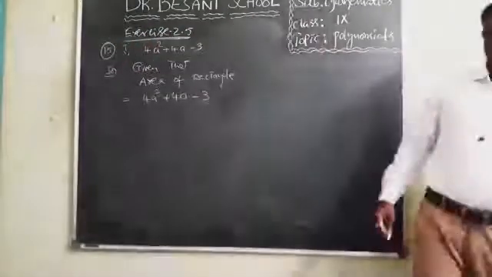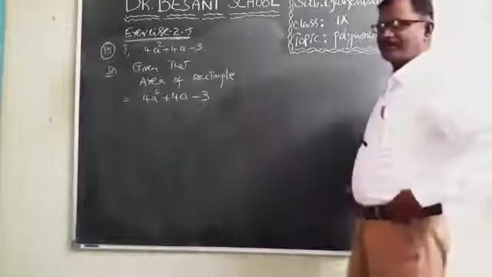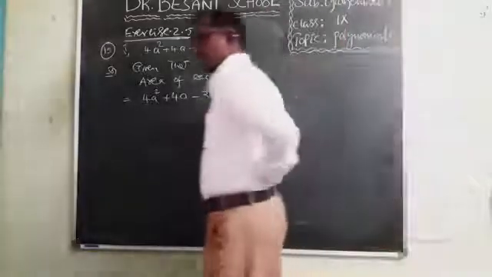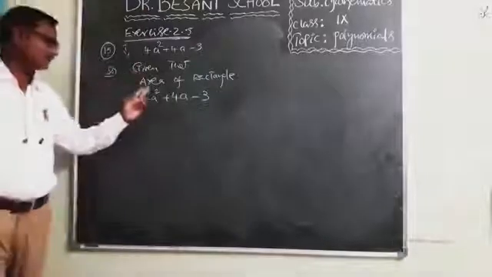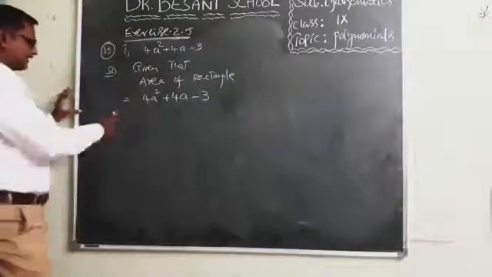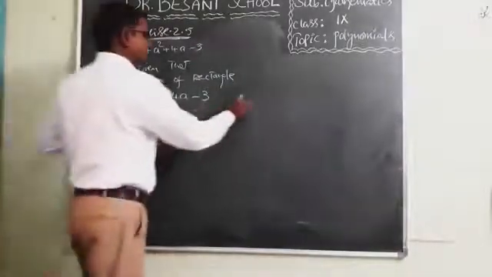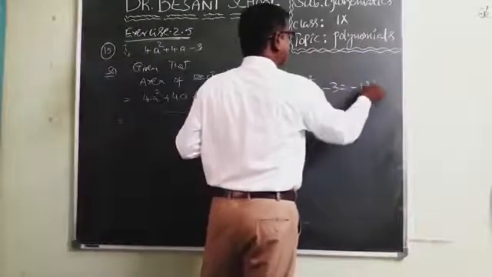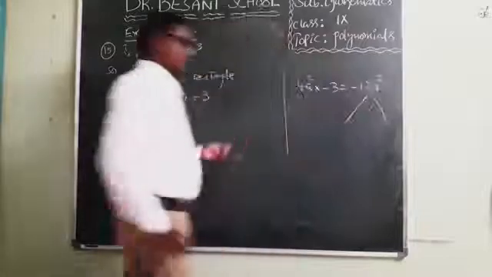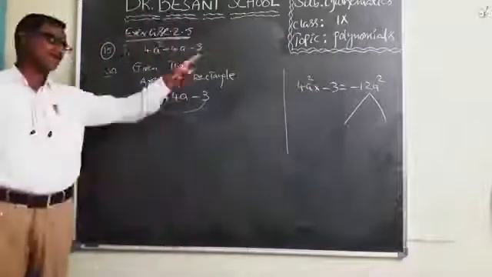We will get two factors. Why? Because the quadratic polynomial is a polynomial of degree 2. So after factorizing this one, the number of factors equals the number of zeros, which means 2, because this is a second degree polynomial. Let us factorize. See, 4a square into minus 3 is minus 12a square. Product of extremes.